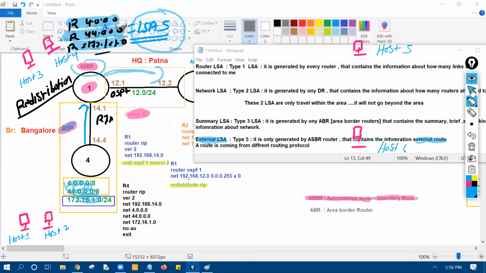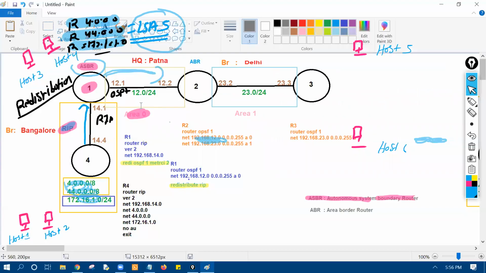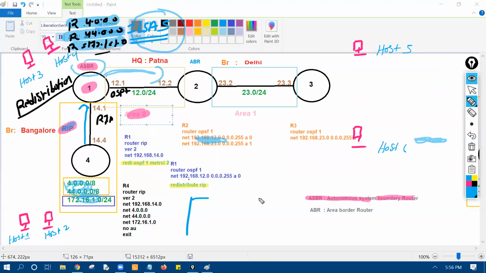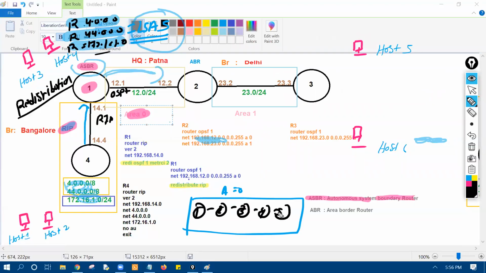Right? Once this information reaches area 0. Area 0 means what? It's a collection of routers. It is something like that. This is area 0, and in this area 0 you will have multiple routers, number 1, 2, 3, 4, 5, 6, and so on. So once this LSA travels in this area, that is good. But once this LSA is advertised to a different area,